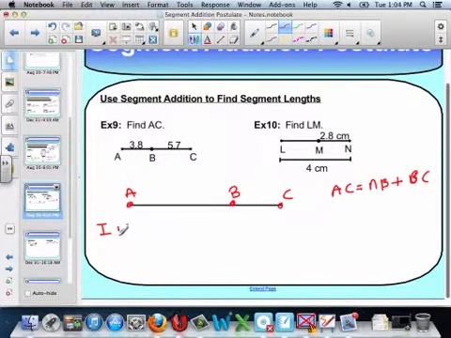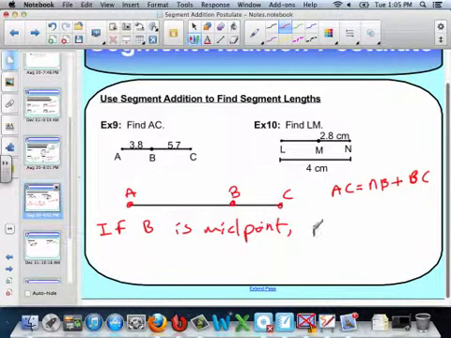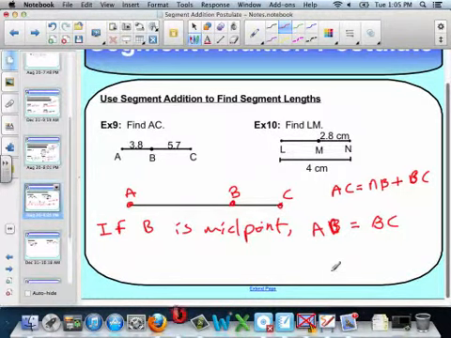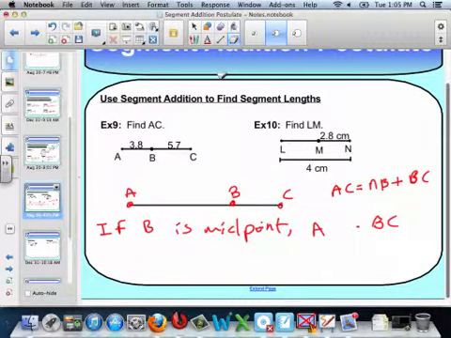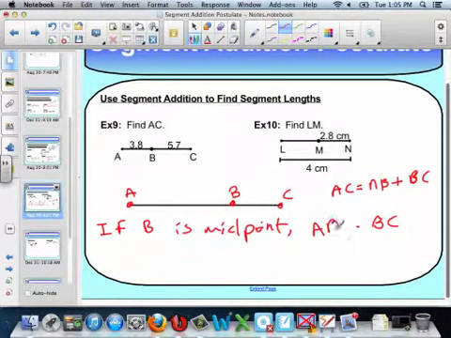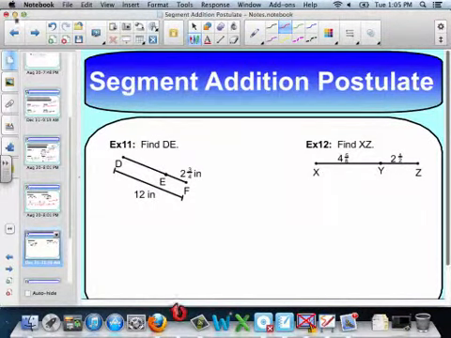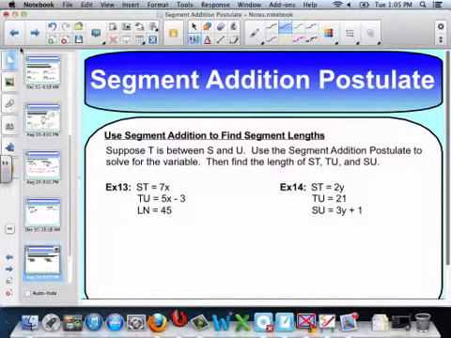So if B is the midpoint, then AB is equal to BC. Let's clean that up a little bit. So AB is equal to BC. Alright, so let's do something a little more complex. Wait, what was that last part? It was A, B. If B is the midpoint,